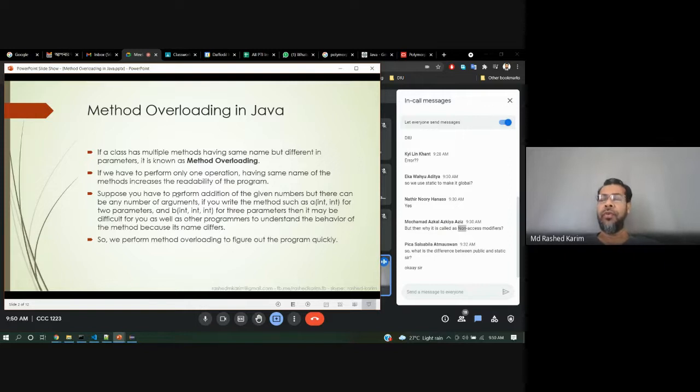Maybe 2, 3, 4. You should not declare add 2 variables, add 3 variables separately. So the add name should be a single name, but you can declare it for multiple parameter sets. That's why you put the same name. It's called method overloading, nothing else.